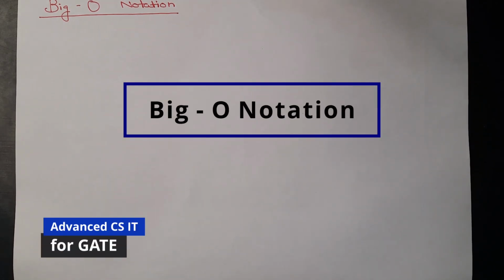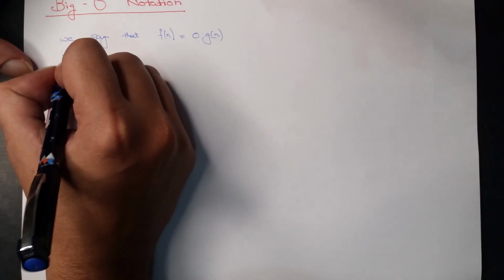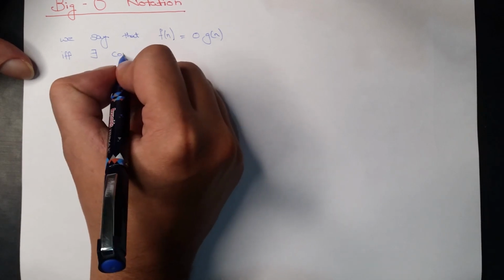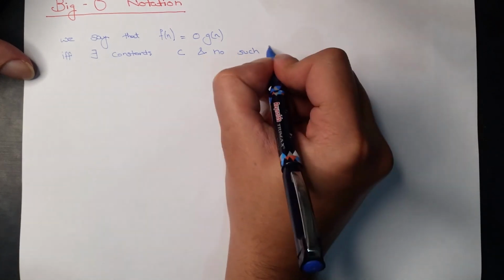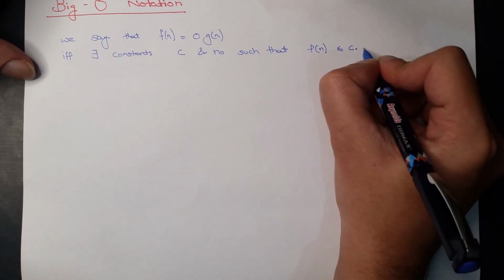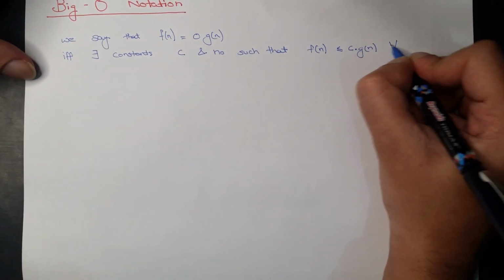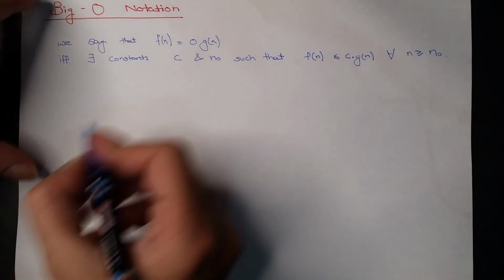In this video, we're going to be learning about big O notation, which gives a tight upper bound for a function. Big O notation can be defined as: we say that f(n) is big O of g(n) if and only if there exist constants c and n naught such that f(n) is less than or equal to c dot g(n) for every n greater than or equal to n naught. Now this can be shown graphically as,